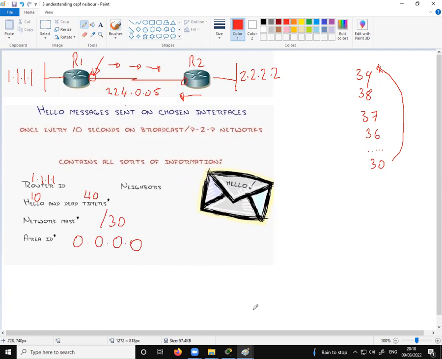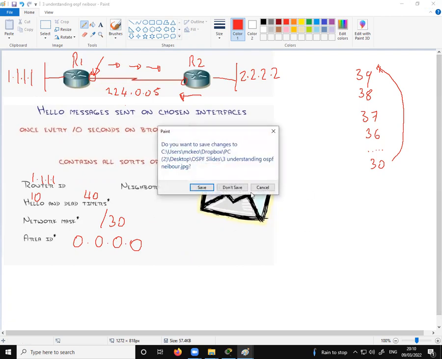So that's the first step. Nothing else will happen until the routers become neighbors. Okay, so when the routers become neighbors,